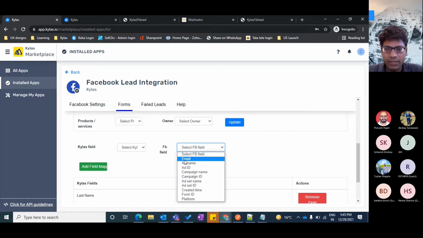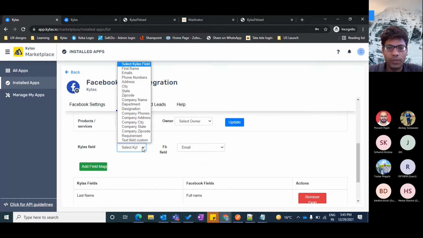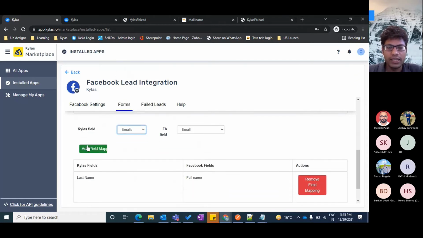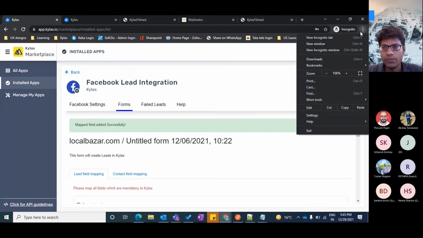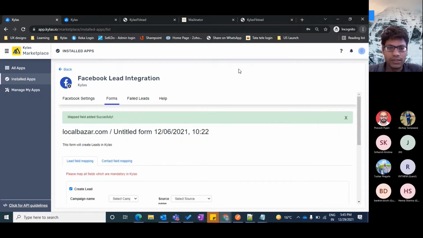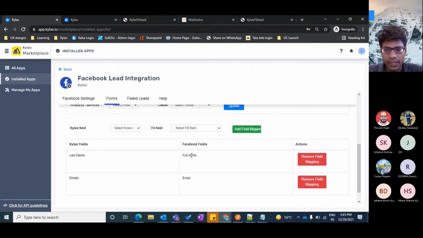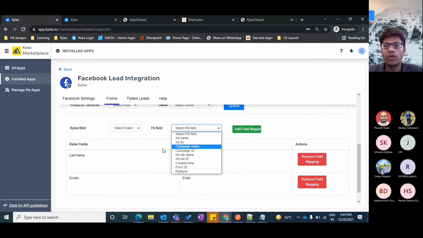Similarly, let's say I have an email field in my form. I can map it with the email field of Kailas, and again hit add field mapping, and let's say, just in case, phone number. So it depends on you. Whatever fields you would like to map from Facebook to Kailas, you can do.